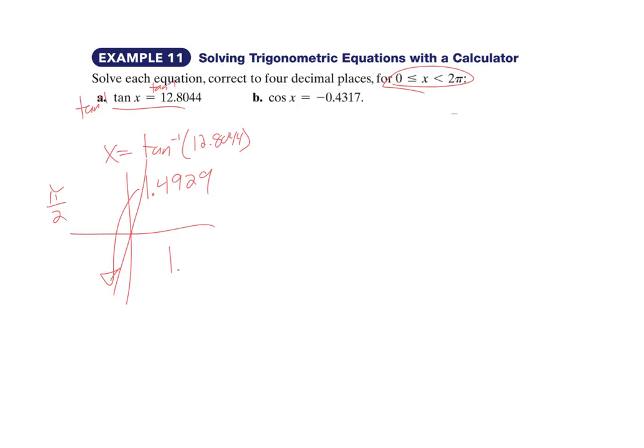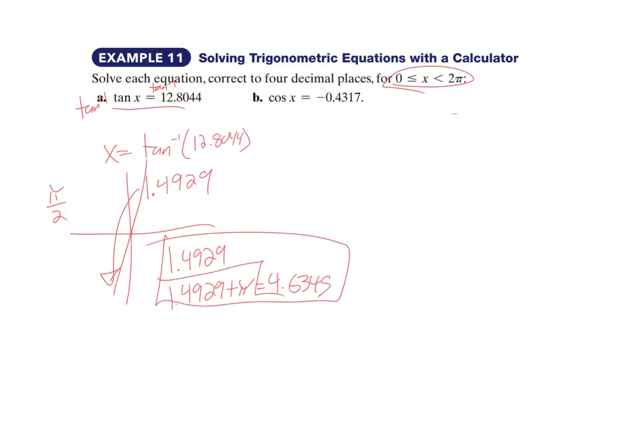And so we have 1.4929 and 1.4929 plus pi, and that would be 4.6345. So these are my two solutions for part A. We'll do a similar thing for part B, and we'll do the inverse cosine